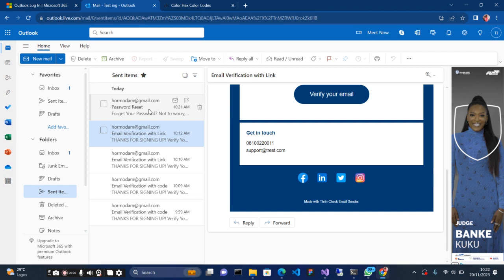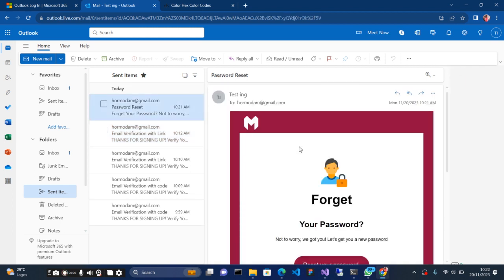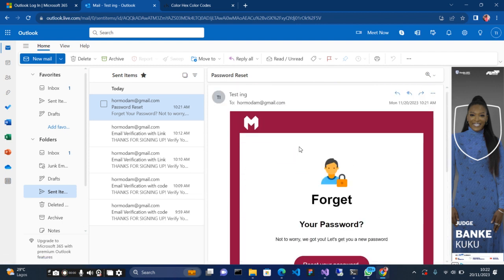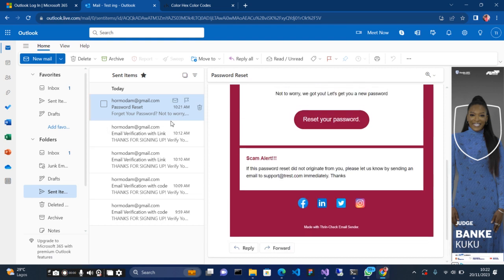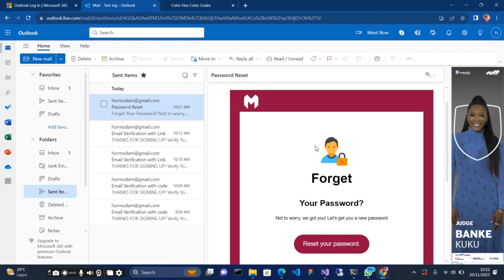So every time we will receive it in our Gmail, let's just see the template here. So I changed the background color and everything. You can see how it looks now. You can see it looks nice. Before the color was this, now this is the color. So this one,